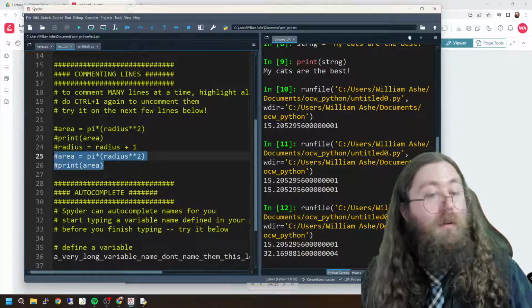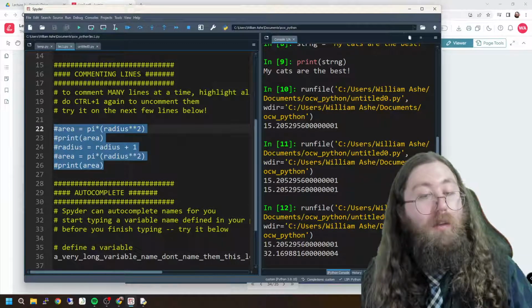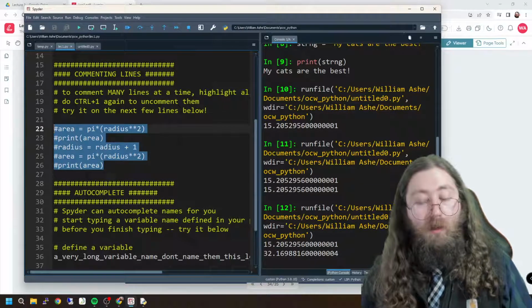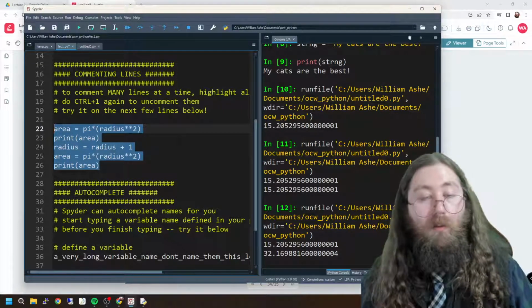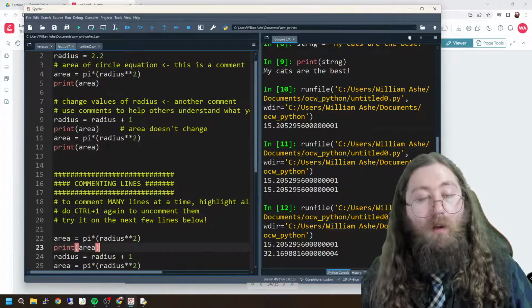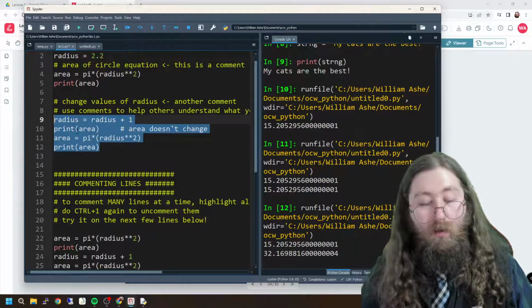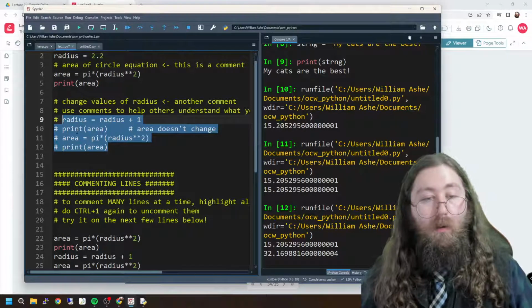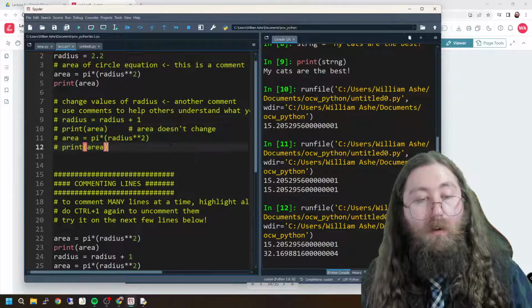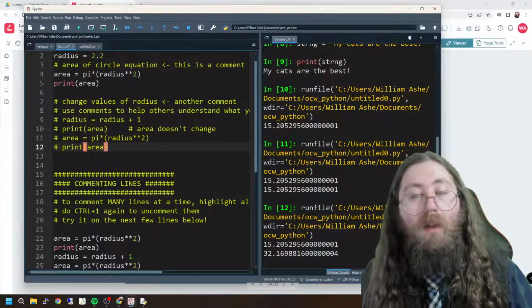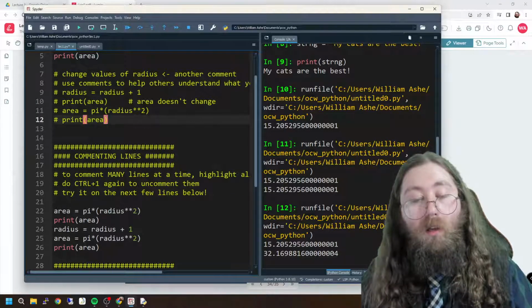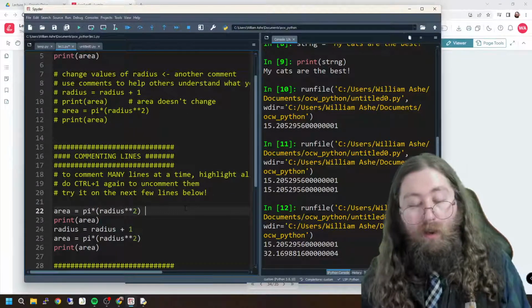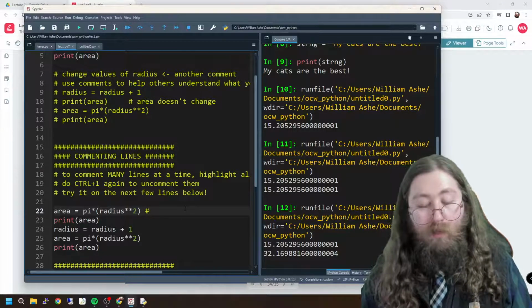So in Spyder, you can select all the lines that are commented, and if I want to uncomment them, I can just do Control 1. And now they're uncommented. And if I want to comment these lines, Control 1. Now they're commented, right? So we use comments for explaining what we're doing in our code. You can either put it on a line by itself, or you can go after your code and say things here.